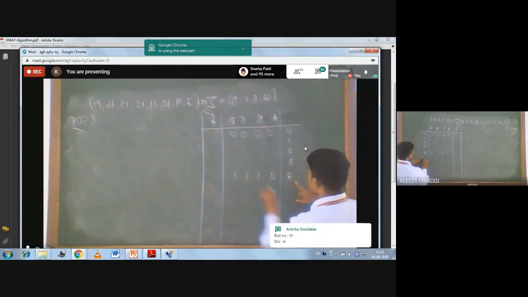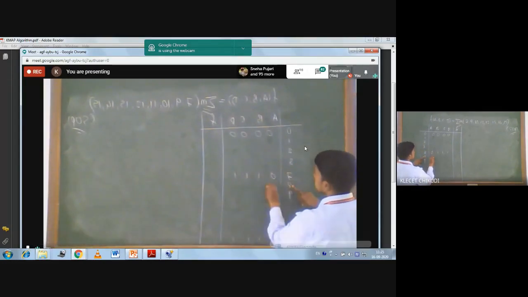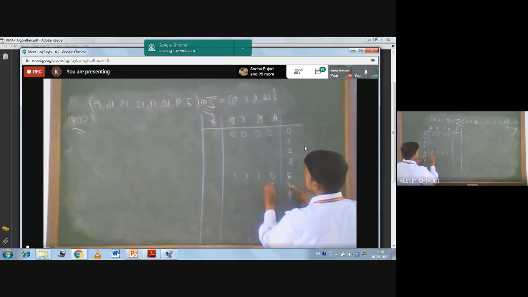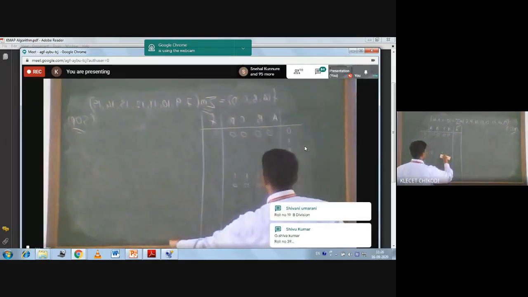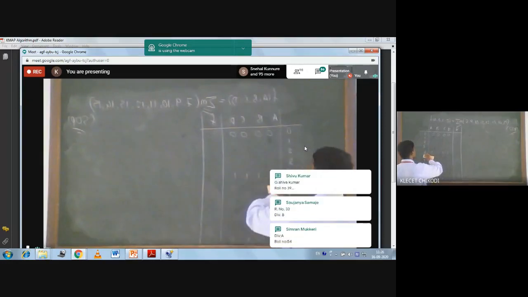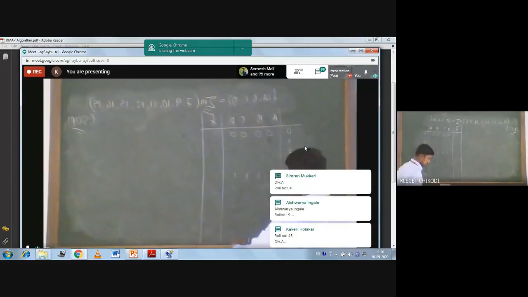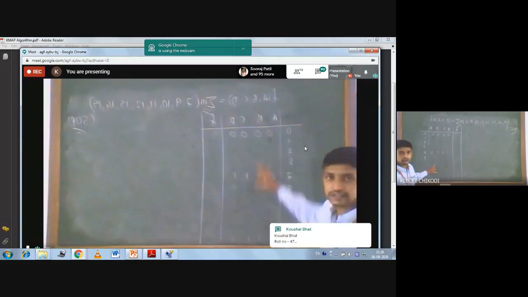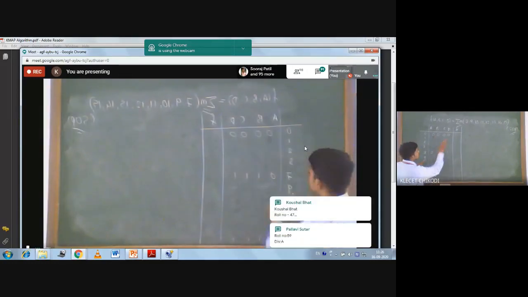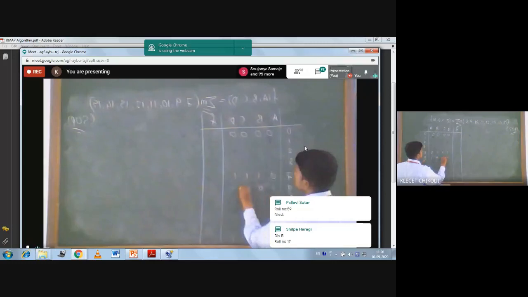And for 8, it will be 1, 0, 0, 0. But I will not write that here. I will write only whatever the min terms are available. But you have to write all the 16 combinations here. So for 9 it will be 1, 0, 0, 1.